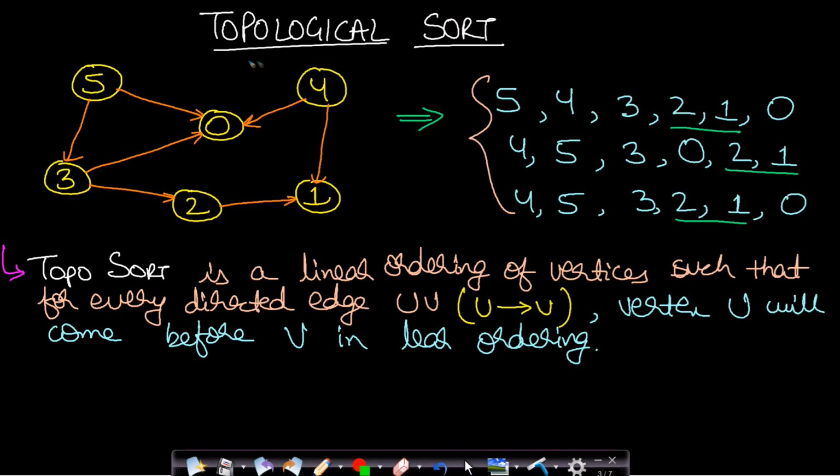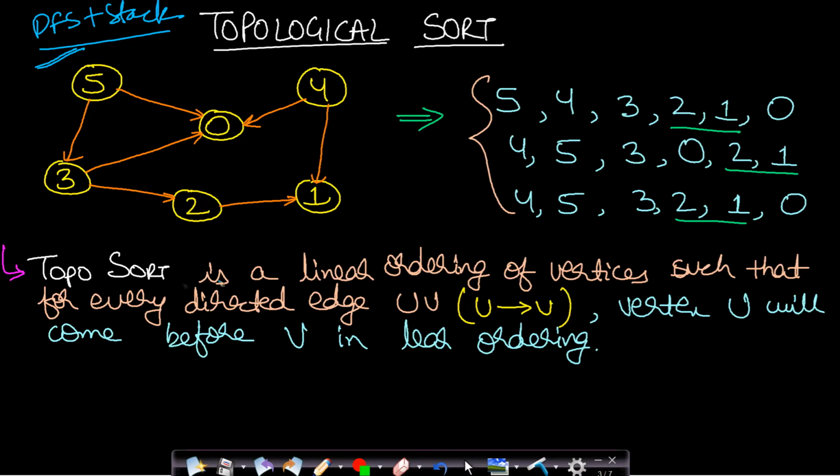Now how to find the topological sort and what is topological sort? Well, I have explained this in much detail in the previous video, so you can watch that and come back here. The link will be present in the description below. In that video I explained how to find topological sort using DFS plus stack. In this case I will be using the BFS algorithm, which is also known as Kahn's algorithm.